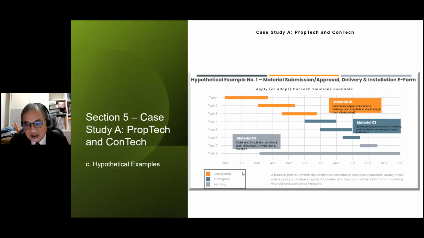For example, in example 1, we can develop a contech solution for material submission and approval, material delivery and material installation and construction, etc.